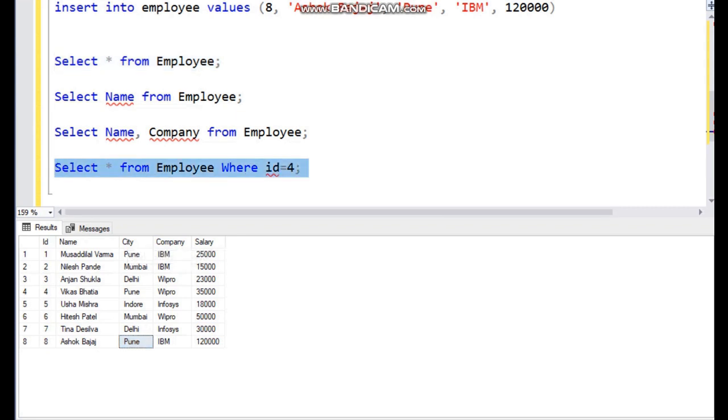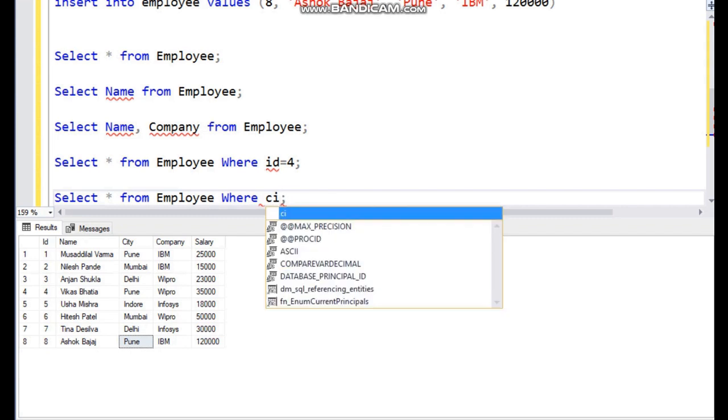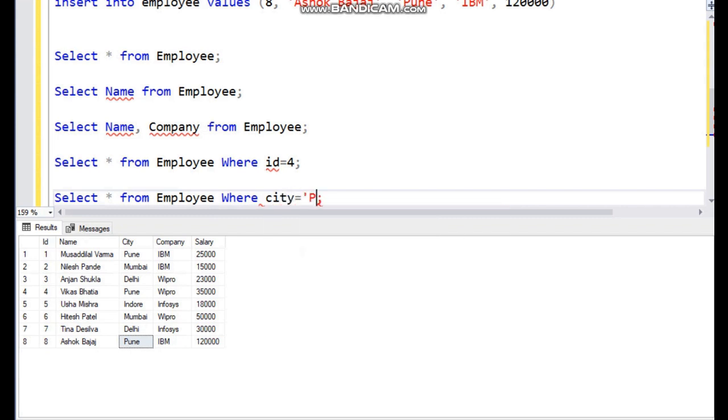So the query will be select star from employee where city is equal to Pune. This will be the condition, city is equal to Pune. So we will get all the details of employees who live in Pune city, correct? Now execute this.